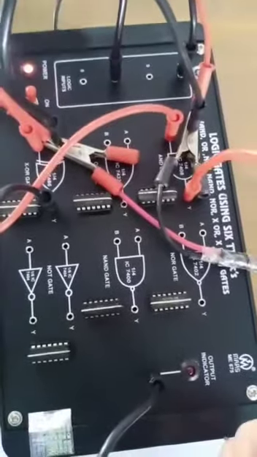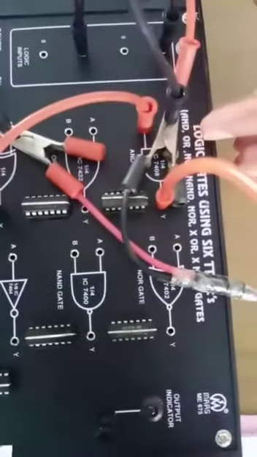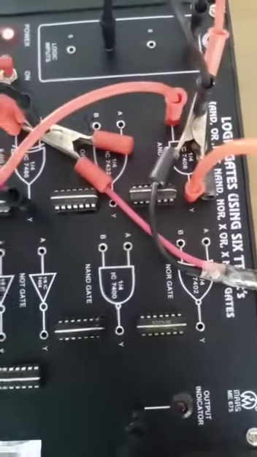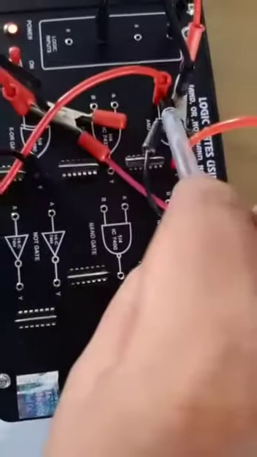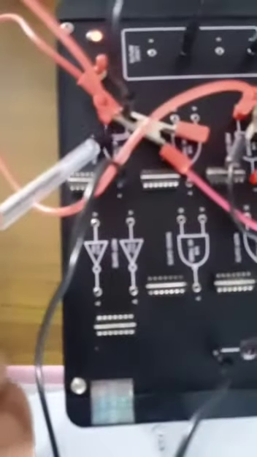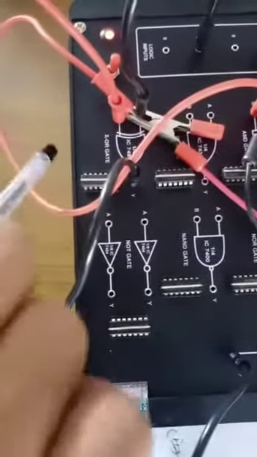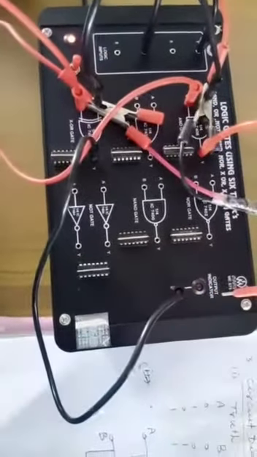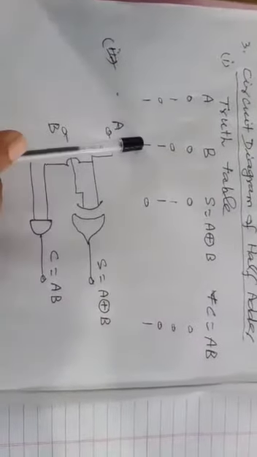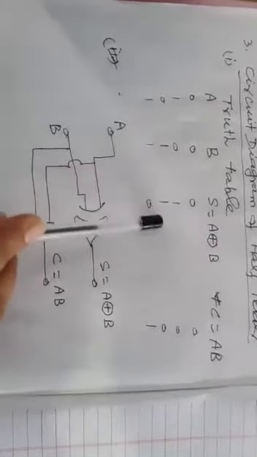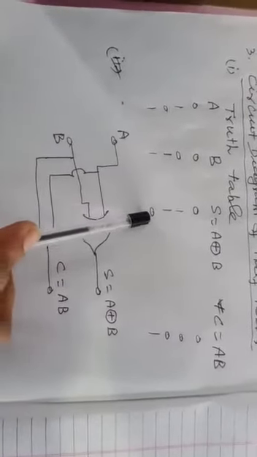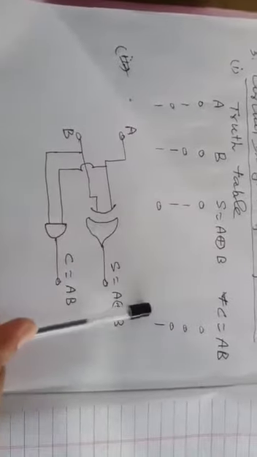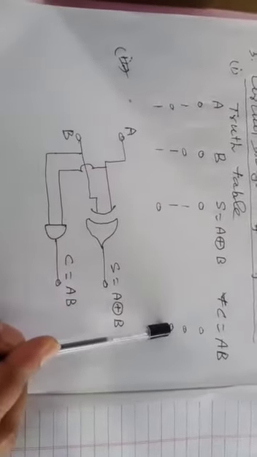In this way, 4 inputs, 2 inputs of the AND gate and two inputs of the exclusive OR gate, both have at this time the value 1. When both have at this time value 1, then what happens? S must be 0. That is, output of exclusive OR gate must be 0 and output of AND gate must be 1.